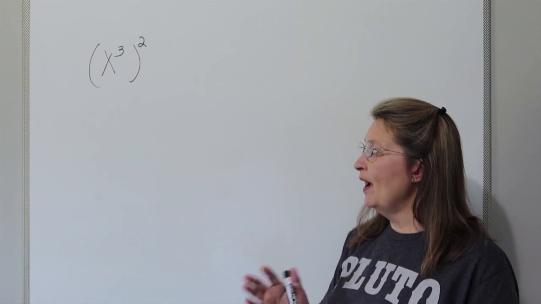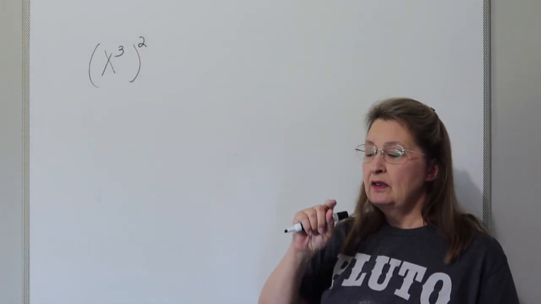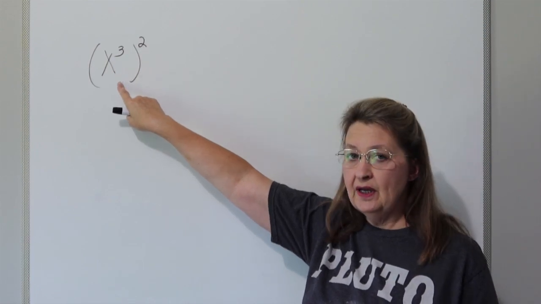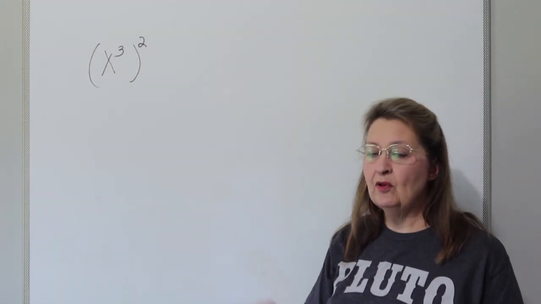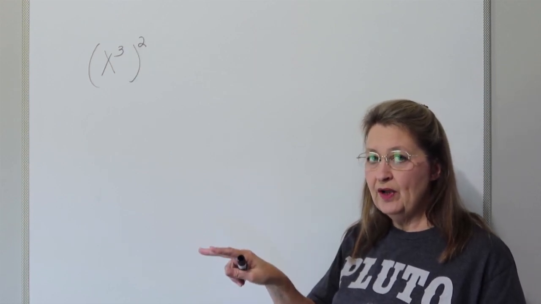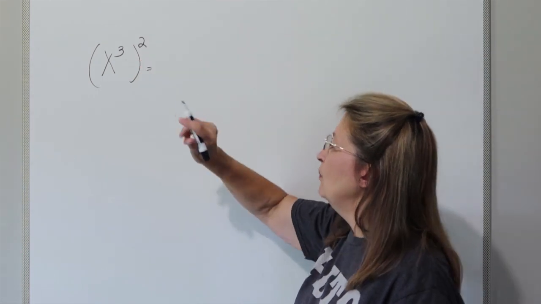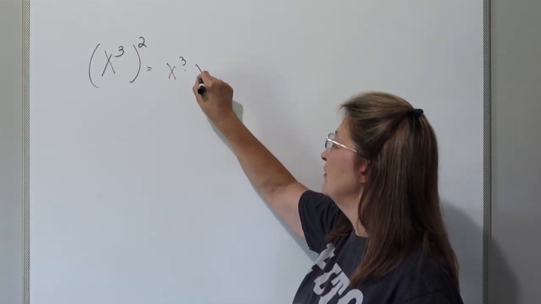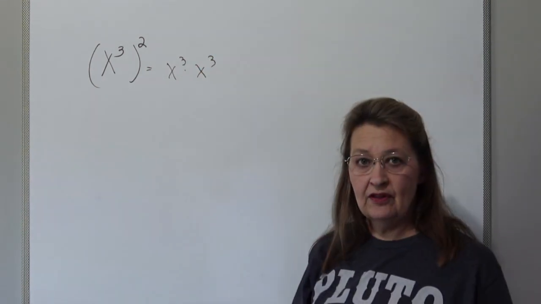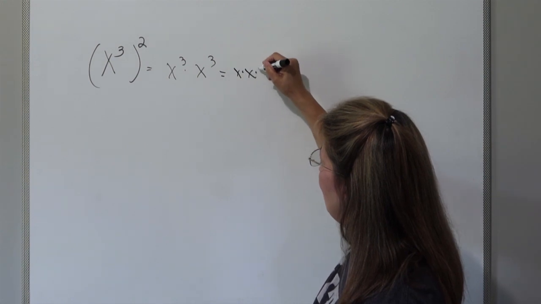The next rule is called the power rule, and it's when you have an exponent raised to another exponent. So notice, in this one, I have one base with two exponents. In the first example, I had two bases with two exponents. So now we have one base with two exponents. Now when we expand this one out, what I actually have is x to the third times x to the third. If I continue to expand that out,